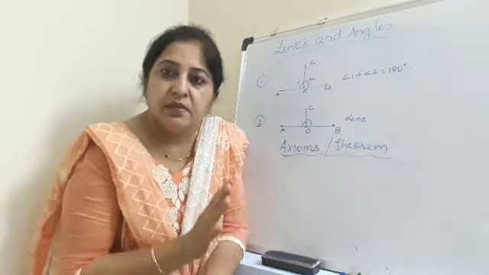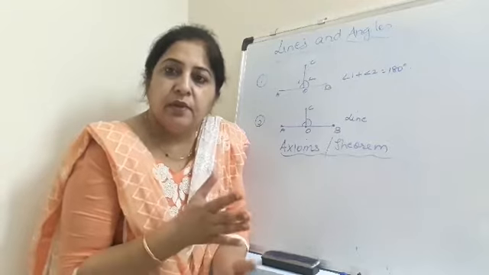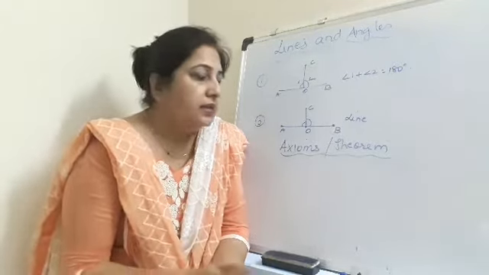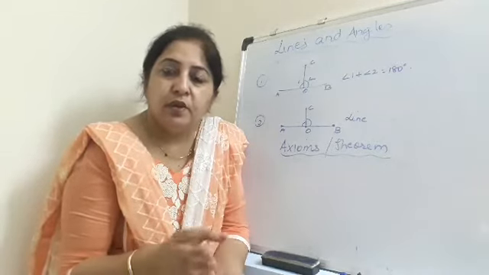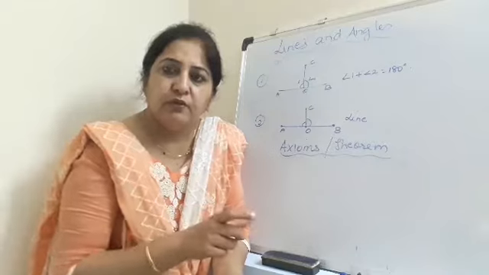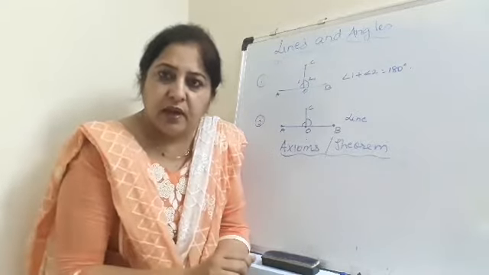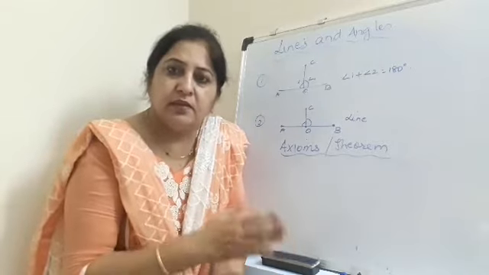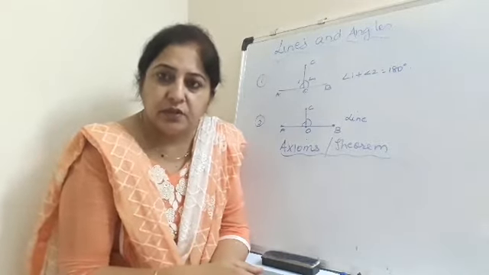Okay, now an axiom is a statement, even a theorem is a statement. An axiom is a statement which has already been proved, you don't need to prove it. And a theorem is a statement which you need to prove. So if a theorem is asked, you will have to show the whole complete proof, and if you have to use an axiom somewhere, it has already been proved, you can directly apply it in a question.